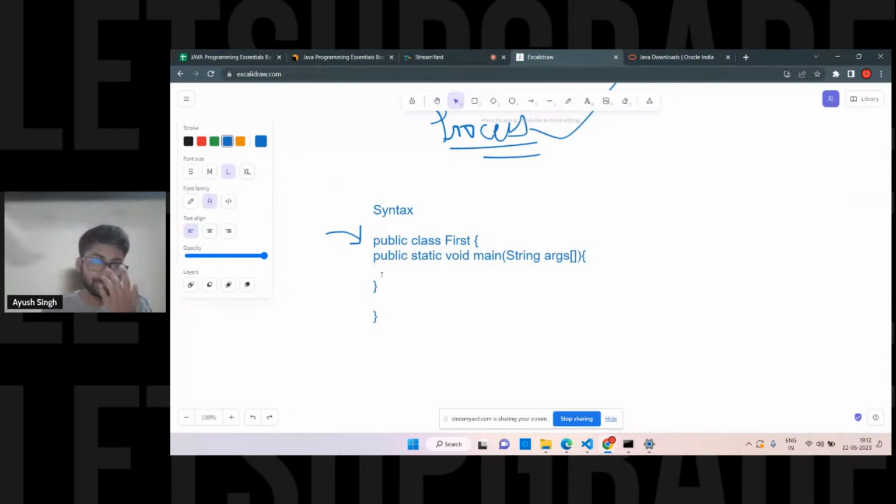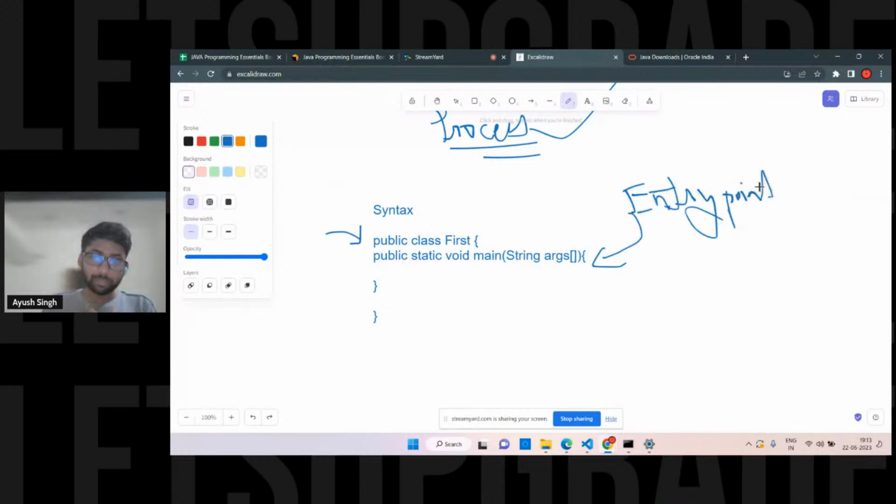Okay. So this is the operation part where the execution starts. So what I'll call it, this is the entry point. Okay, this is the entry point. I'll show you in VS Code as well. This is the entry point. Simple. Okay. So this is the entry point of the code. Every time you are going to run the code, it will start from this line only. Whatever you have written in between this block or after this block, doesn't matter. It is going to start from here only. So this block runs first. Okay. Even if you're calling a method, if you already know about the method, in that case, right? So this is the entry point.